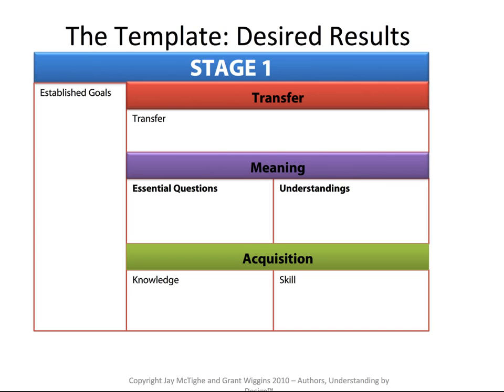And then what they're going to acquire, and acquisition, it's sort of self-explanatory. That word means that those are the things, the knowledge and skills that they're gaining in order to make meaning and in order to be able to transfer that and use it in a new or unique way. And so acquisition is sort of the more foundational type stuff that kids are learning as they go through this process in stage one.